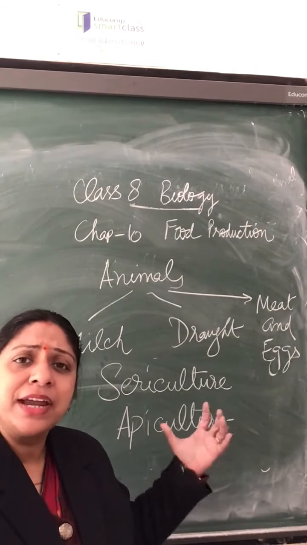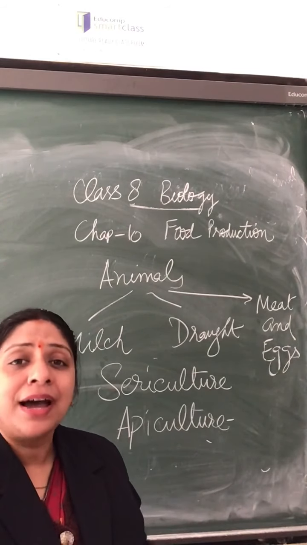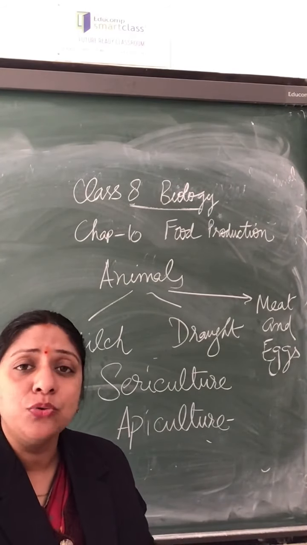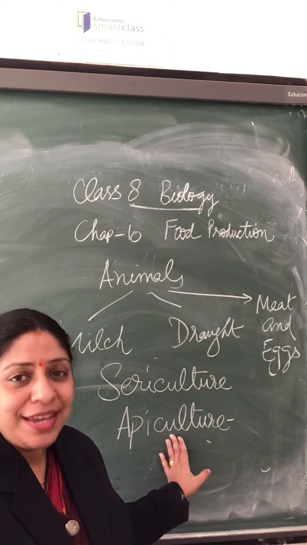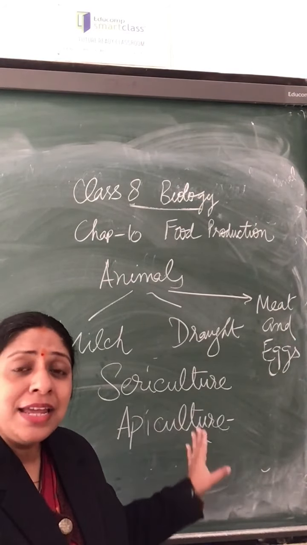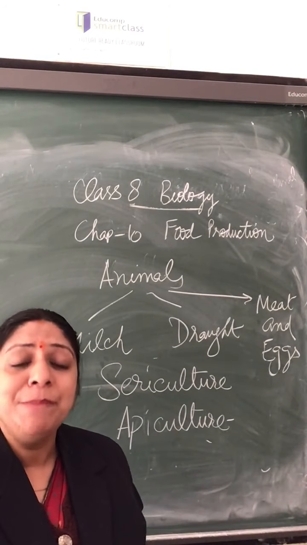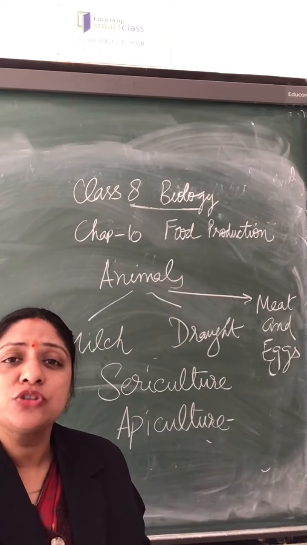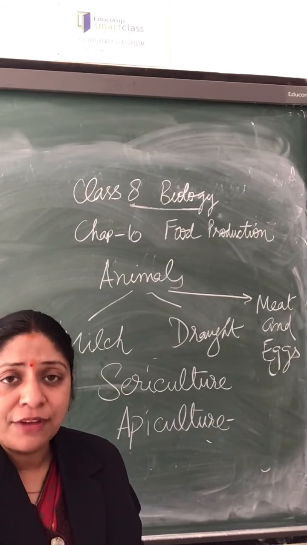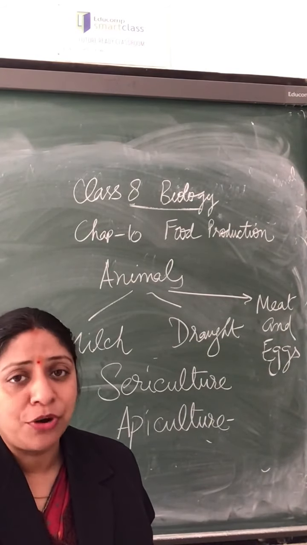So how come we are getting so much honey? This honey is commercially produced from the honeybees by a process which is called apiculture. Not just honey, but even the beeswax is of great importance. Beeswax is used in making various ointments, and therefore it has medicinal properties.